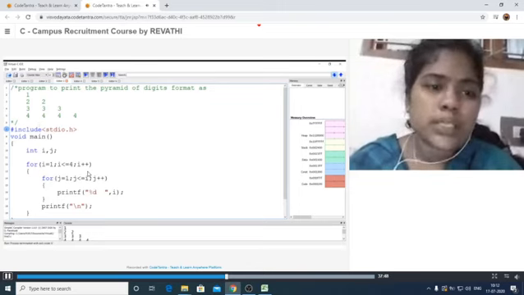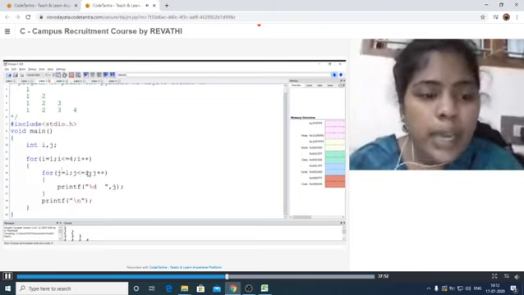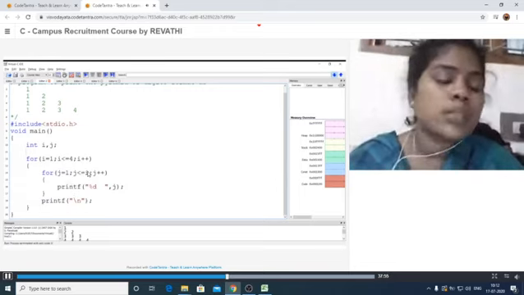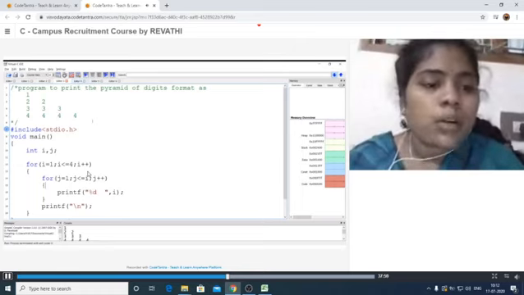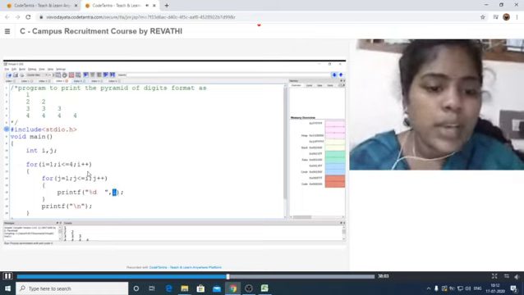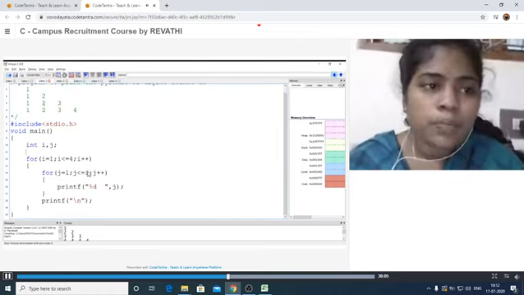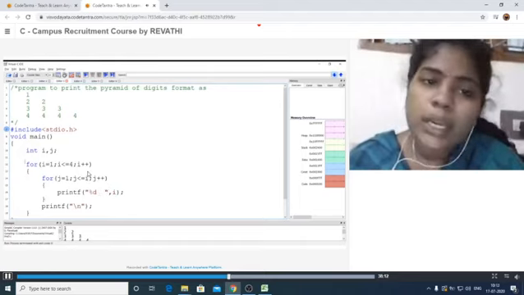The difference is that here we have to take it as a j value. That means it has to print the number j times. It has to print i times. Okay. Now, just note down the difference between i and j here. This is the j iteration and this is the i iteration. That's why j and i is the difference. Remaining everything is the same here.